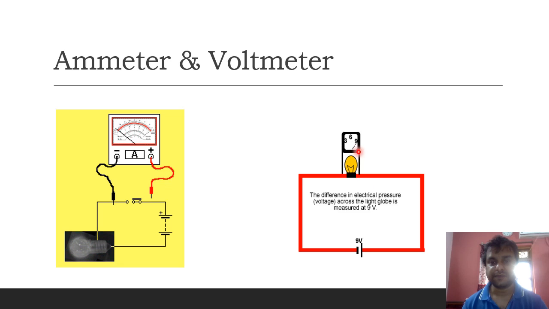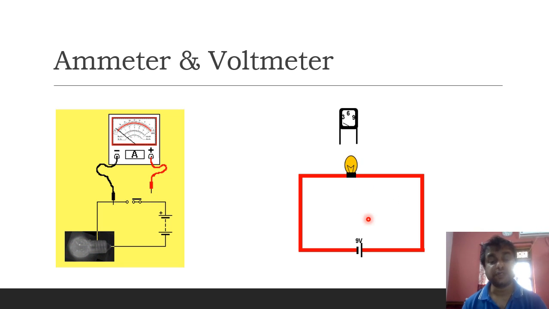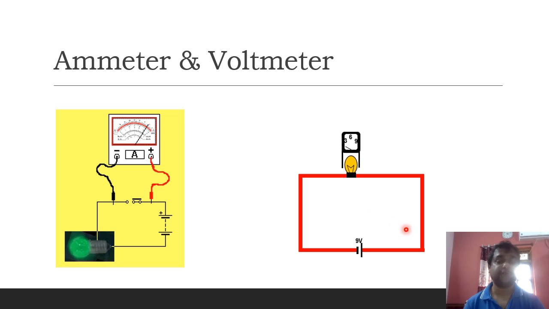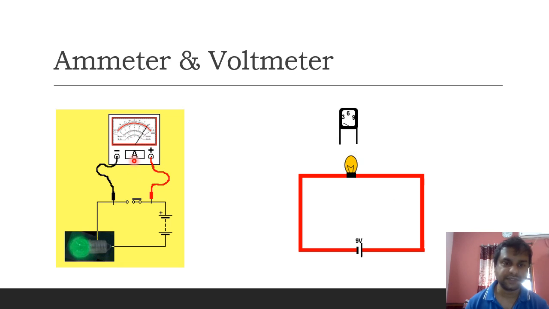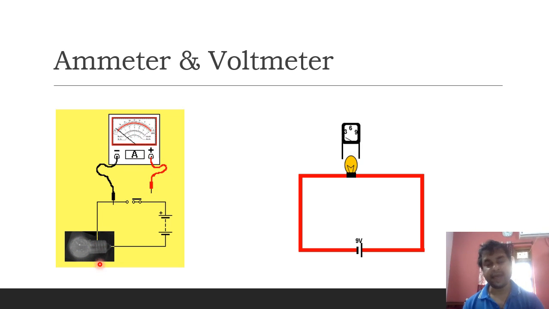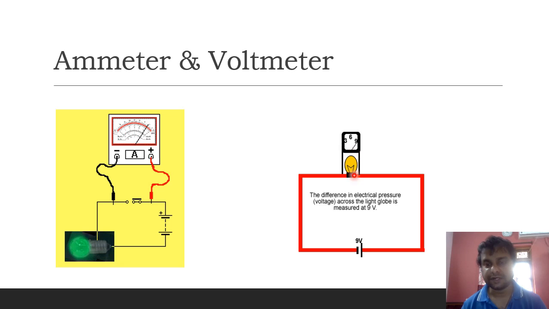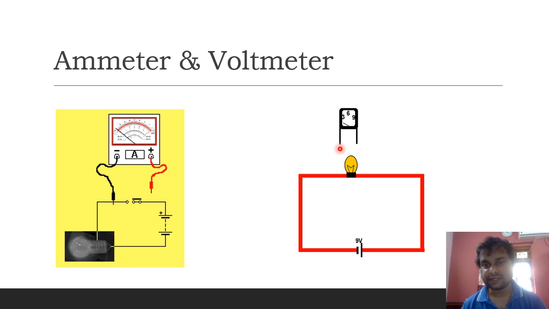Okay, have a look. Whenever there is a voltage, now in this case there is a voltage of 9 volts. Volts are the units of voltage or potential difference, and amps are the units of current. Here you can't see the amps, it only shows a big A symbol showing that it is an ammeter, whereas here also we can't see whether V is written over there,